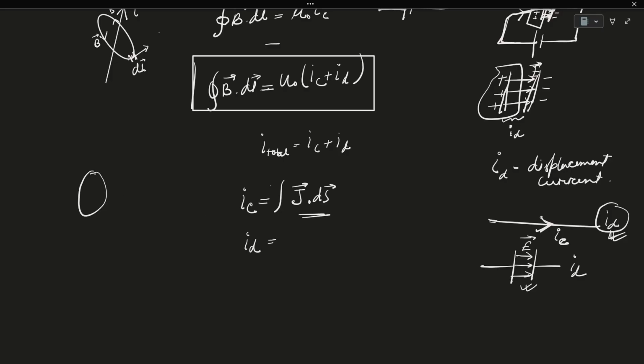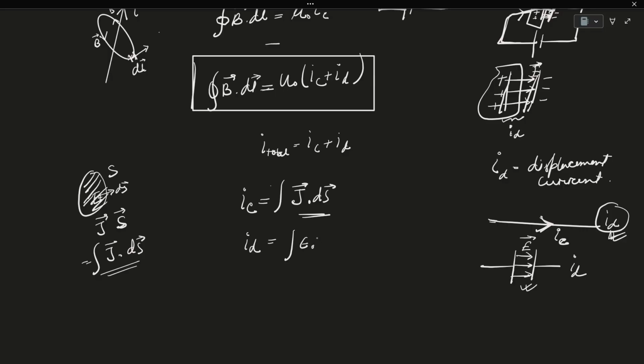If this is a surface with surface area S, and the current density is J, then the total current will be J dot S. If we take a small area ds, this will be equal to J dot ds. This is very simple. And then for displacement current, what can we write? For displacement current, there will be a term